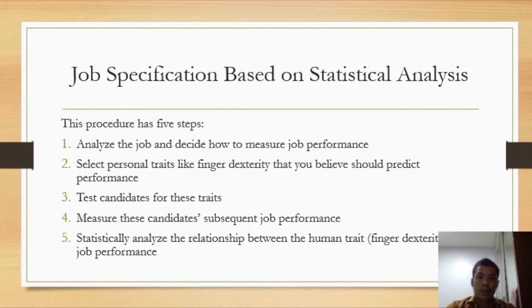In writing a job specification, we can use a method based on statistical analysis. This procedure has 5 steps. First, analyze the job and decide how to measure job performance. Second, select personal traits like finger dexterity that you believe should predict performance. Third, test candidates for these traits. Fourth, measure these candidates' subsequent job performance. Fifth, statistically analyze the relationship between human traits